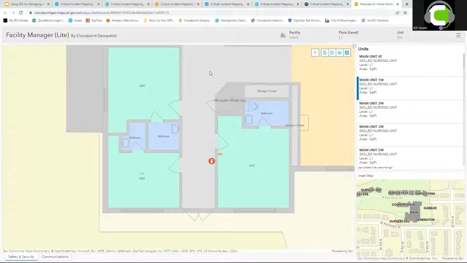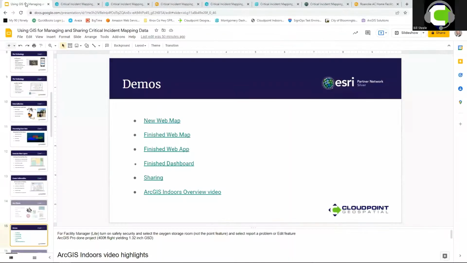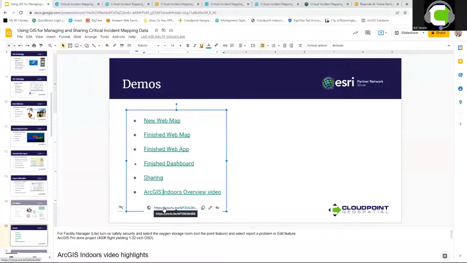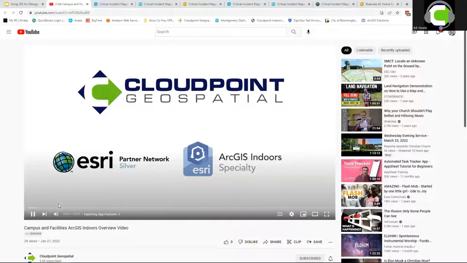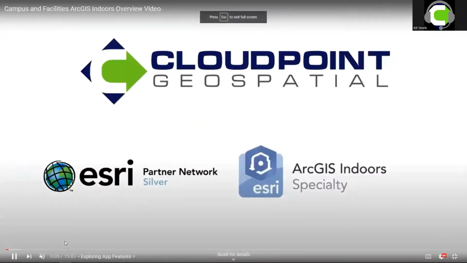So that kind of wraps up the demo portion of that. I want to go back to our presentation portion and wrap things up here. I will just touch on one example I'd like to show you in a video here. I just want to show some additional functionality that you can use GIS for. In this case, we can show how you can use it for a variety of options, including